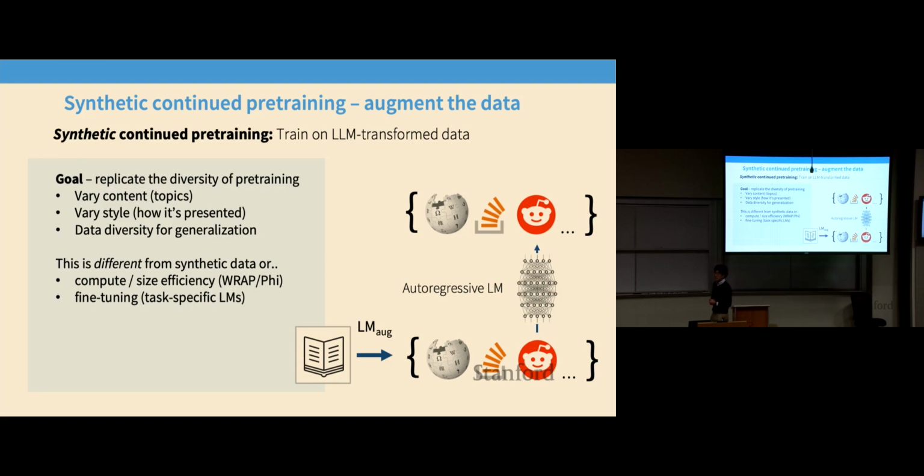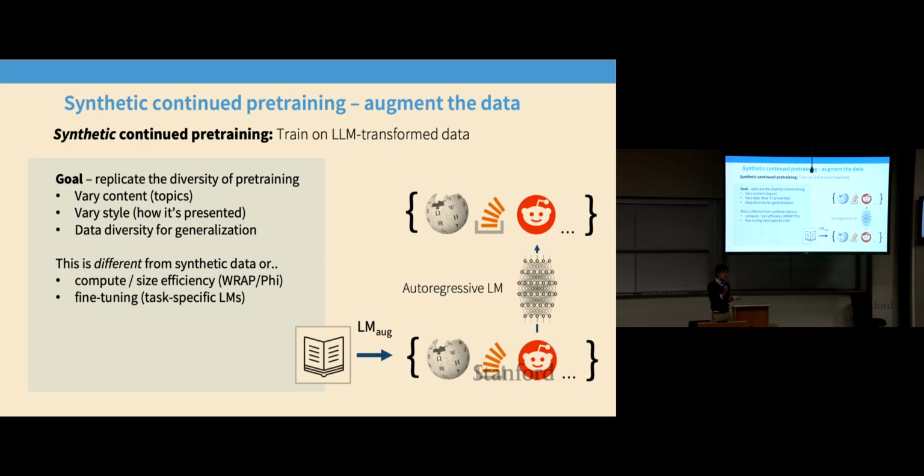If we walk through that thought experiment, then conceptually this is going to be identical to pre-training. There should be no difference between pre-training and this weird augmented version of continued pre-training that I'm doing. That's the goal here. I'm going to try to replicate the diversity of ways in which knowledge is presented in pre-training, in the hopes that it will give us something interesting out at the other side. I would like to vary the content, like what each website is talking about, and ideally vary the style, like how it's presented. This will give us a lot of data diversity that will hopefully let us generalize.